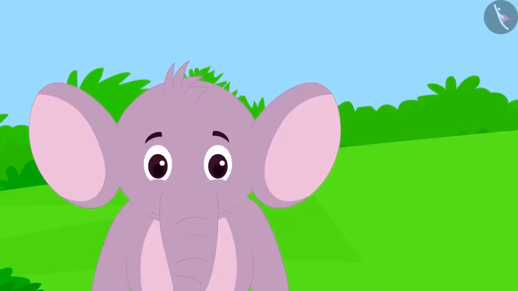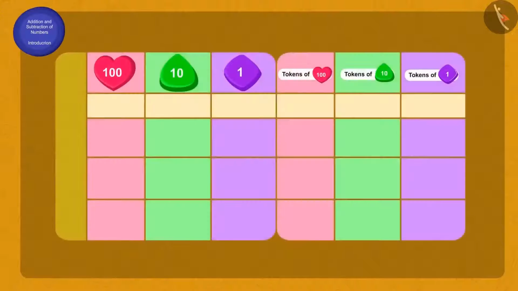Appu was sad and now he was wondering how many sheep he is left with. Can you again help Appu calculate? To find out the total number of sheep lost, we will add the number of sheep that went missing the first time to the number of sheep missing the second time, that is 135 and 127. What do we have to do first?